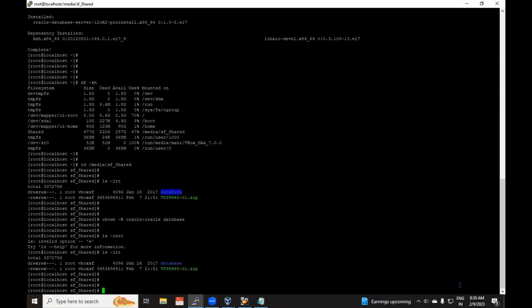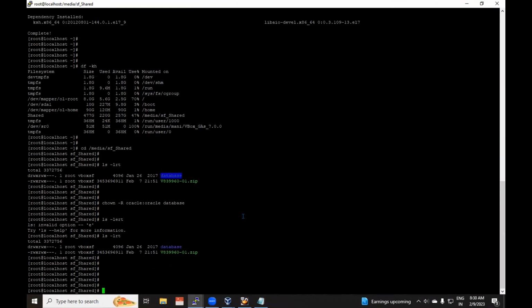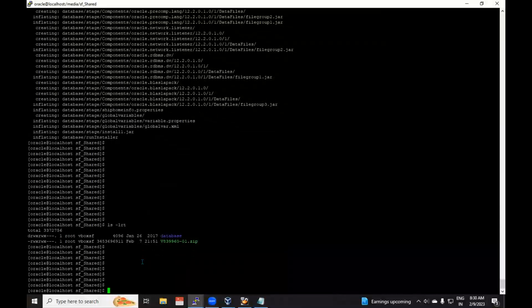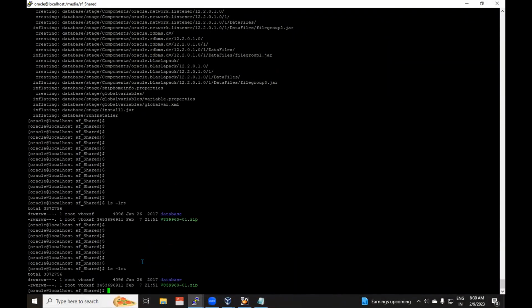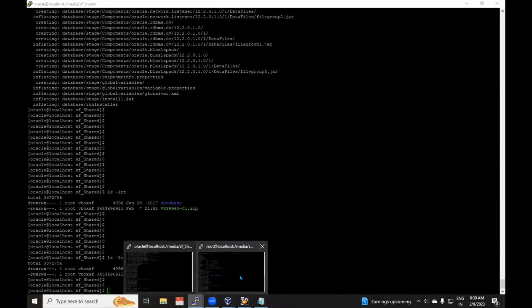Okay, then we'll go to here. Let's type ls -lrt. Still showing as root.